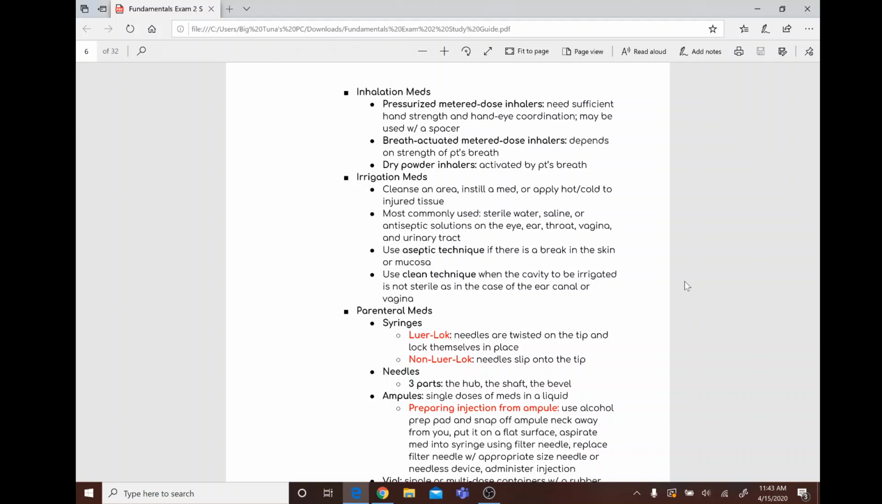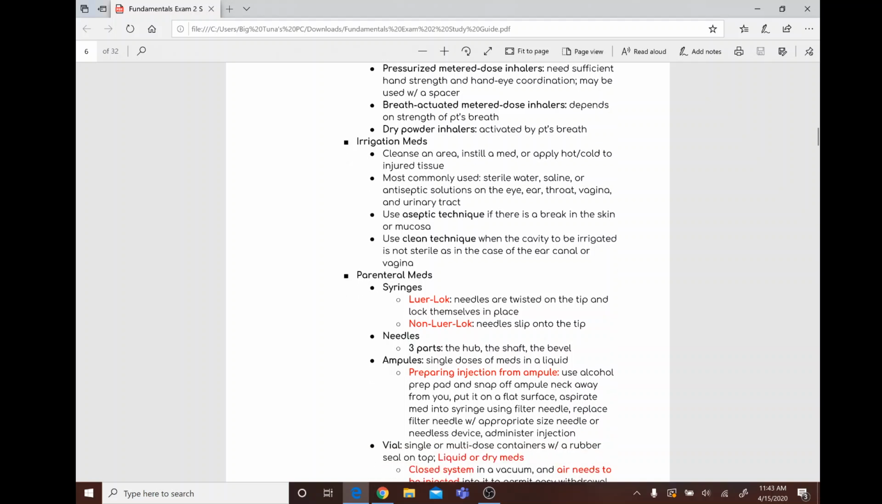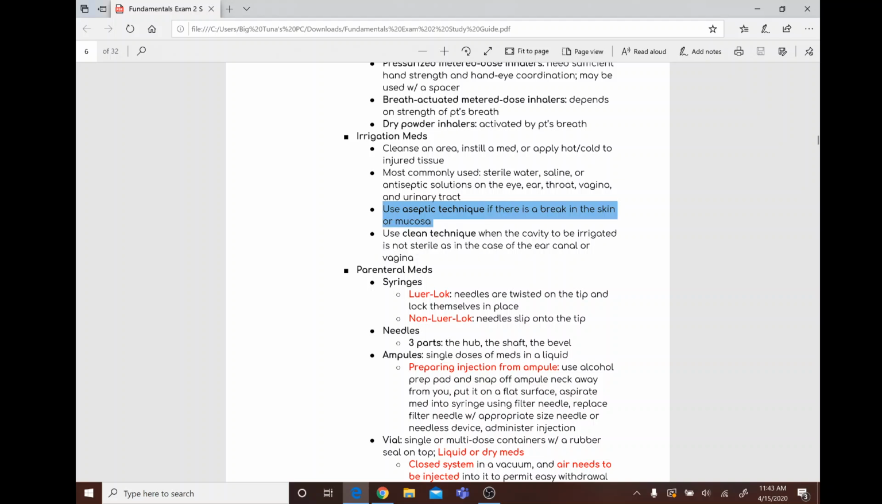All right. What are irrigation meds? They cleanse an area, instill a med, or apply hot and cold to an injured area. Most commonly they use sterile water, saline, or the like. Use aseptic technique if there's a break in the skin or mucosa. Use clean technique when the cavity to be irrigated is not sterile, as in the case of the ear canal